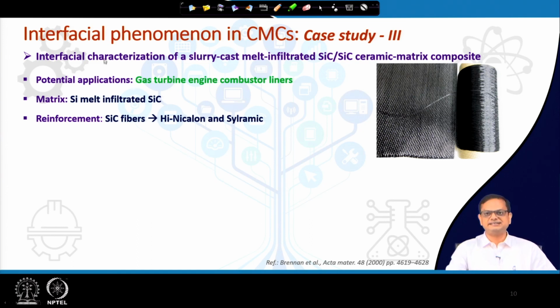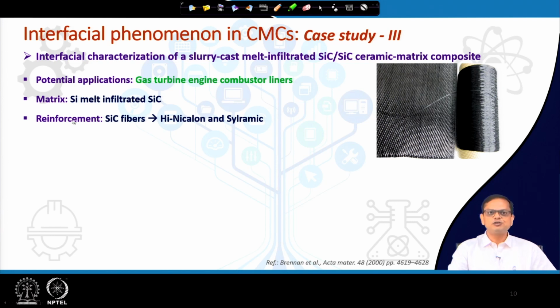Obviously, this particular example I have taken from NASA. The application is gas turbine engine combustion liners, high temperature applications, where SiC composites are used, and the matrix is basically a SiC matrix, where silicon melt has been infiltrated in SiC. I will give you the details of how it has been made, then it will be more clear